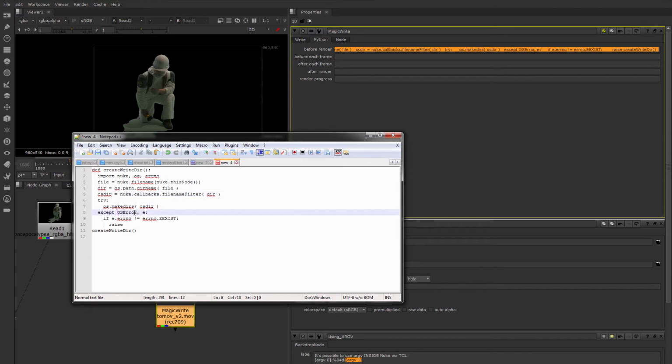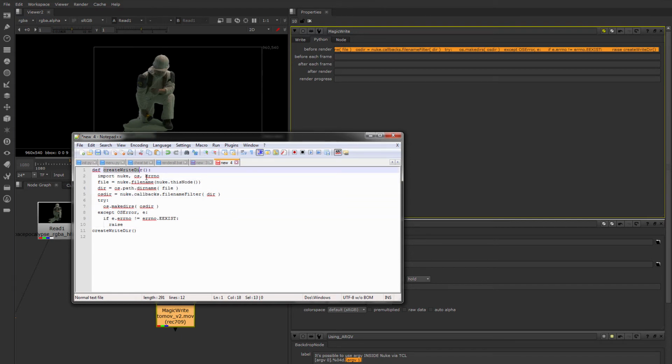And then if that doesn't work, only if the error is that the file already exists, because that's an error that we don't care about. So we say, if the error is not that the path already exists, then tell us what that error was. So for example, if we can't write to the path or something else. But if the file path already exists, then it'll ignore it as an error. And if it doesn't exist, obviously, when it tries to make it, it will just make it, and everything will be dandy. So that's the function right there,